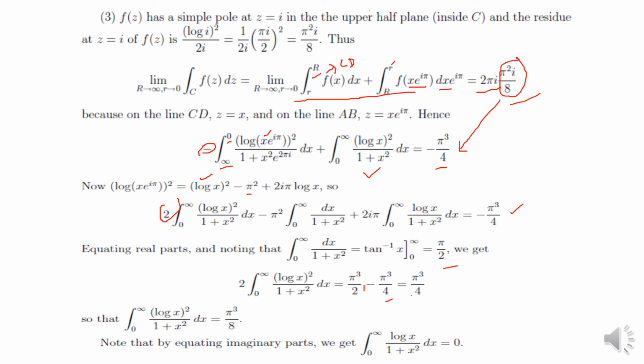And 2 pi i times the integral from 0 to infinity of log x upon 1 plus x square is the imaginary part, so we will leave this. And here we can write from here that the real part is equal to pi cube by 8, and equating imaginary parts we get the integral from 0 to infinity of log x upon 1